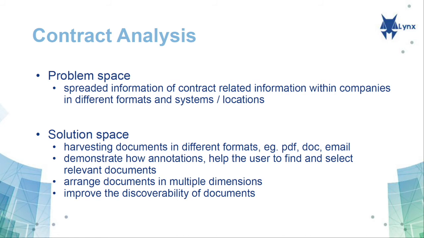Contracts and related information are spread over different systems, for example, file system, email, CRM, and so on. Due to this fact, they are also stored in different formats. Getting a quick overview over all contracts isn't easy. Contracts and their related information are most of the time organized in certain dimensions. For example, they are stored per customer or per type, for example, NDAs. Getting an overview in another dimension is most of the time not easy.